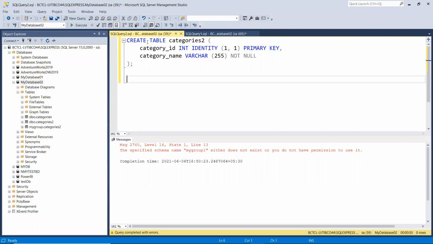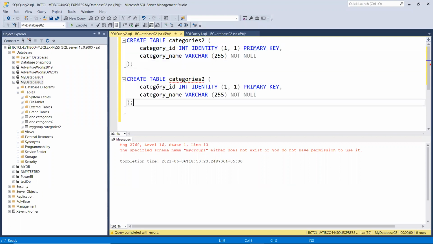Obviously for tables we will need some columns. So we start with the column name, and then we define the data type. The bare minimum requirement to create a table is a table name, the column name, and the data type.